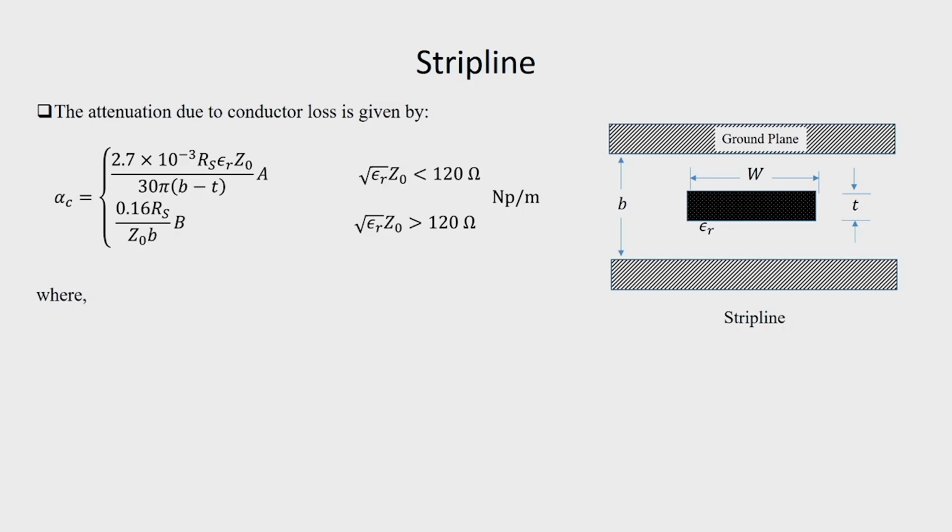So, when the loss is due to conductor loss, we get alpha c, the attenuation constant because of conductor loss, given by this expression,